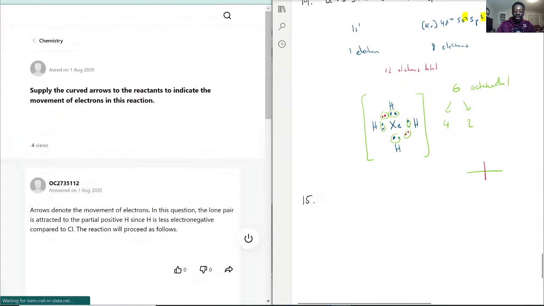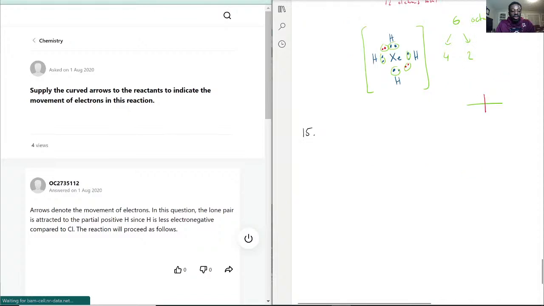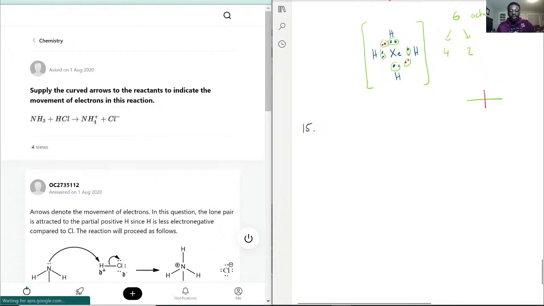All right, so this one's asking us to supply the curved arrows, oh, I wish you couldn't see that, to the reactants to indicate movement. So apply curved arrows to reactants to indicate movement of electrons